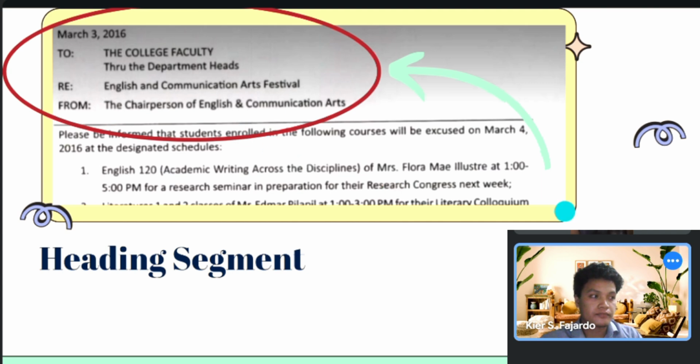Then for the subject, it needs to be highlighted in some way. Now we need to remember this, that there is a correct usage of to and for.